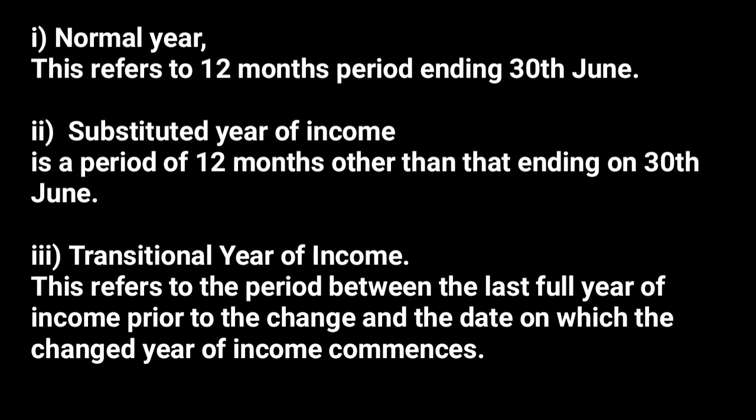and starts on 1st July, you can apply in writing to the commissioner so that they can give you permission for you to use another year, like for your year to start in any month that you'd like. You may be there and you want your year of income to start in March, yeah, and end in Feb. So you can apply to the commissioner in writing. After that, he will have to approve still in writing to give you permission to use a substituted year of